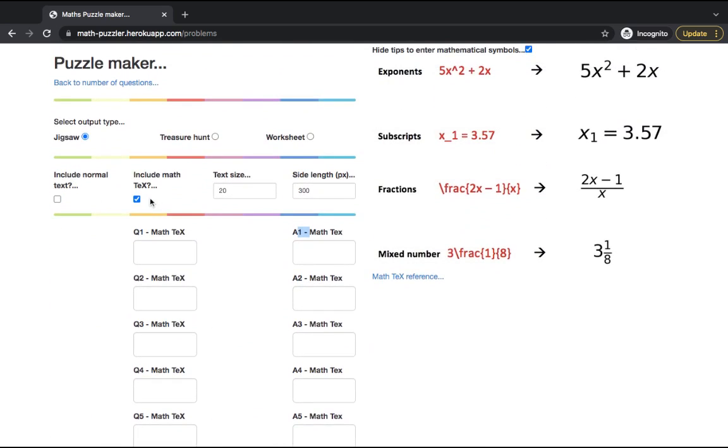You can choose just to put math text in if you want. If you don't know what math text is, there's a little summary of it over here. You can enter fractions like this, and powers and subscripts and things like that. There's a reference with lots. You can pretty much put in any type of text you want. This is also a way of controlling the size of the puzzle. If there's too much text overlapping, you might want to reduce the size of it or increase the length of